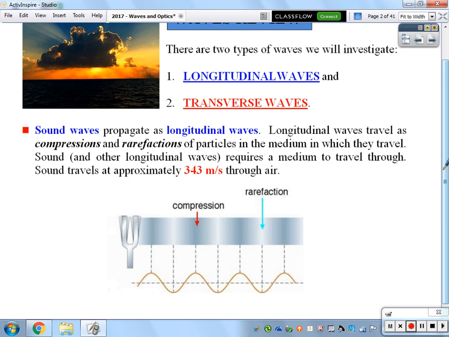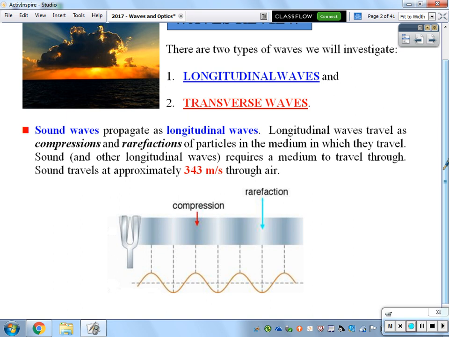Do sound waves travel through space? No. Because there's very, very little particulate matter there. There's no way for that to transmit the energy along. Can we send sound waves through something else other than air? Absolutely. Can we do so through water? Absolutely. Can we do so through solid objects? Yeah, it's possible, depending on the intensity of that sound. But we just need some sort of particulate matter.